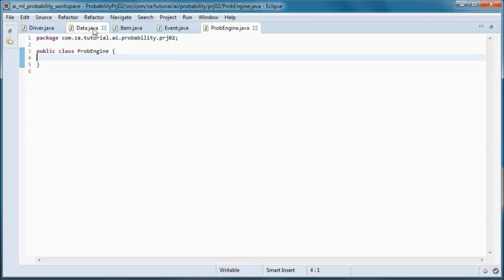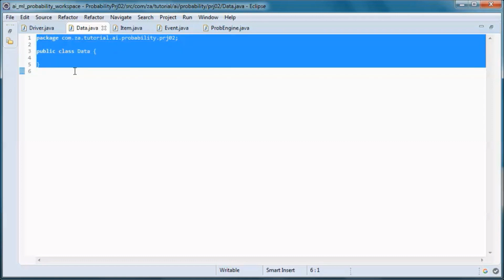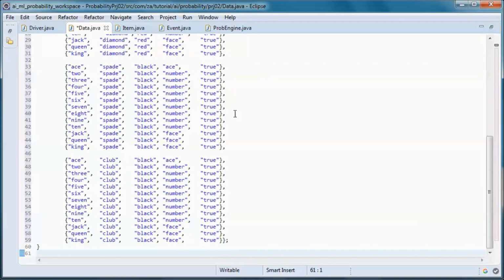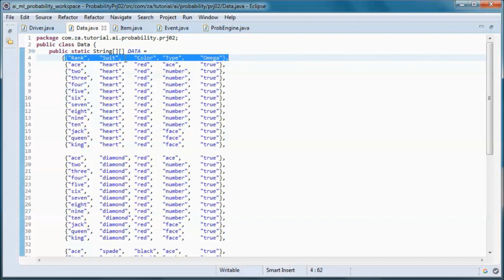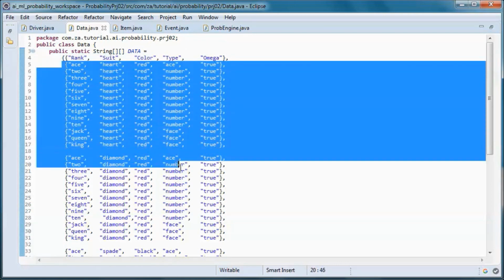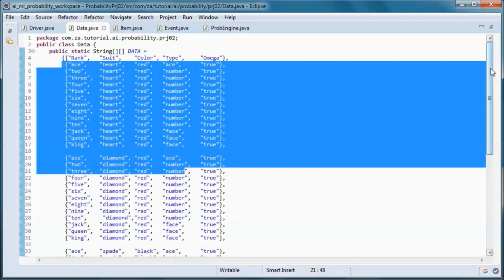And this is the data of a 52 cards deck. And this is the heading, and those are the 52 cards in the deck.